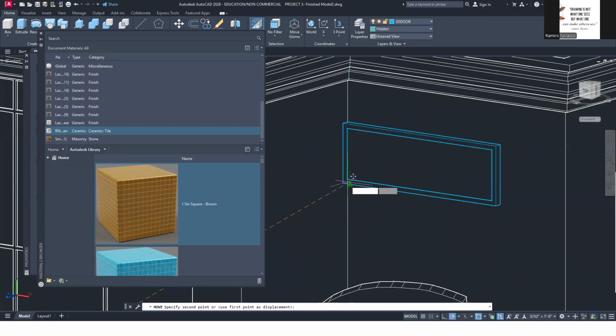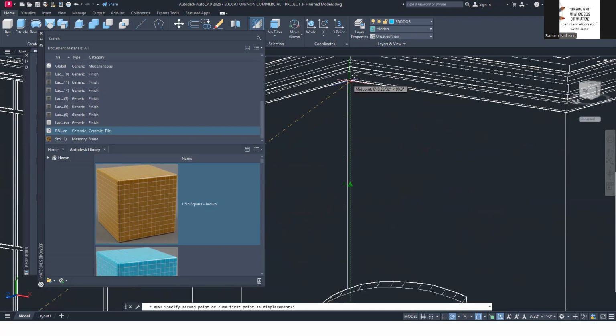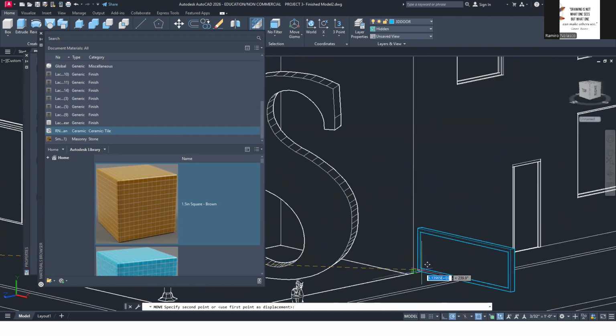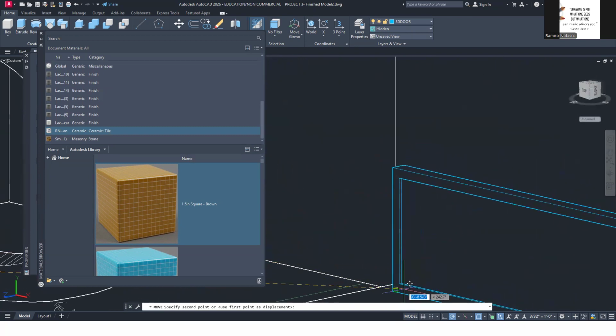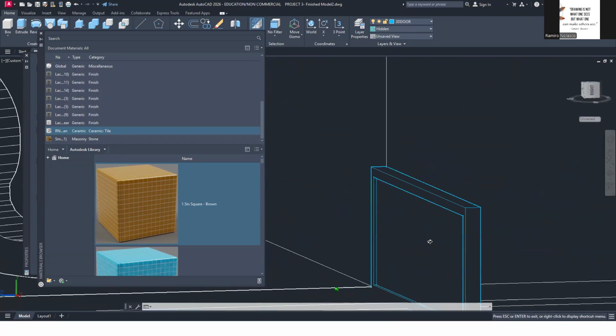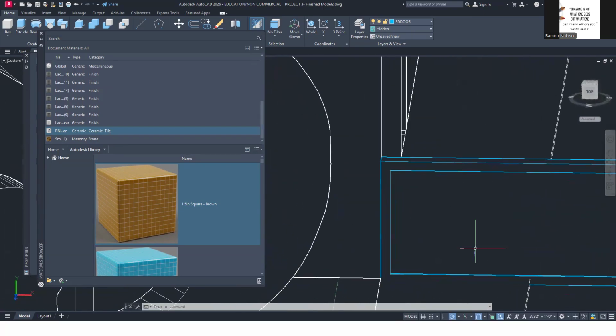Try to see if I can get a point. Not giving me any point. So maybe here I can do it from the bottom. Yeah. And then once I have it aligned, then it's easy for me to move it using the gizmo.